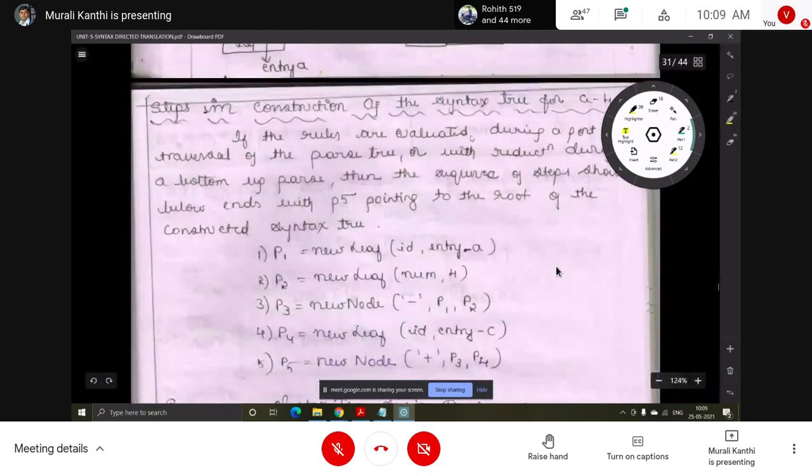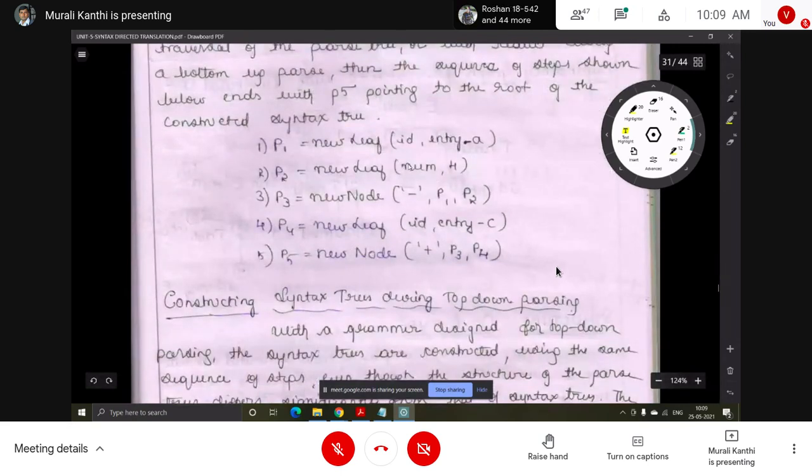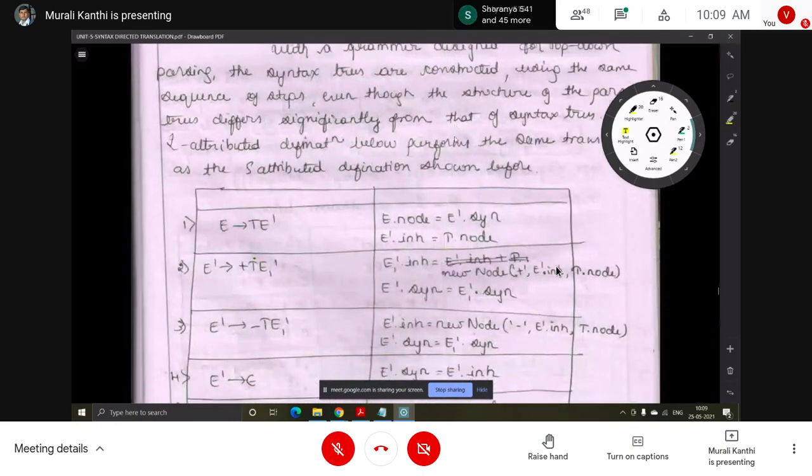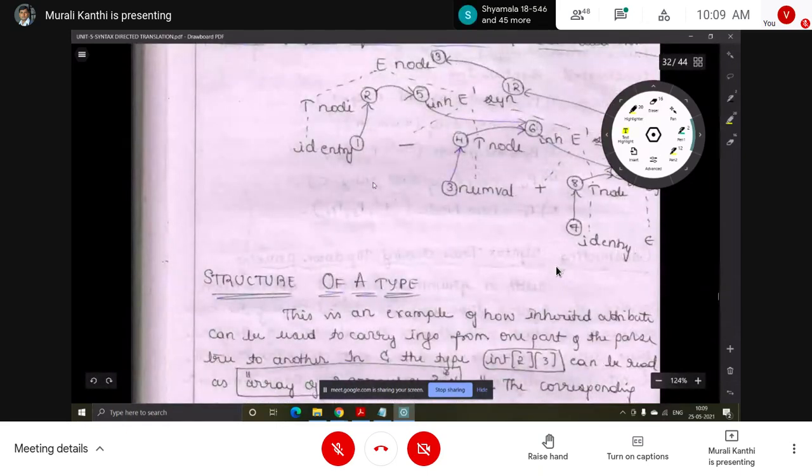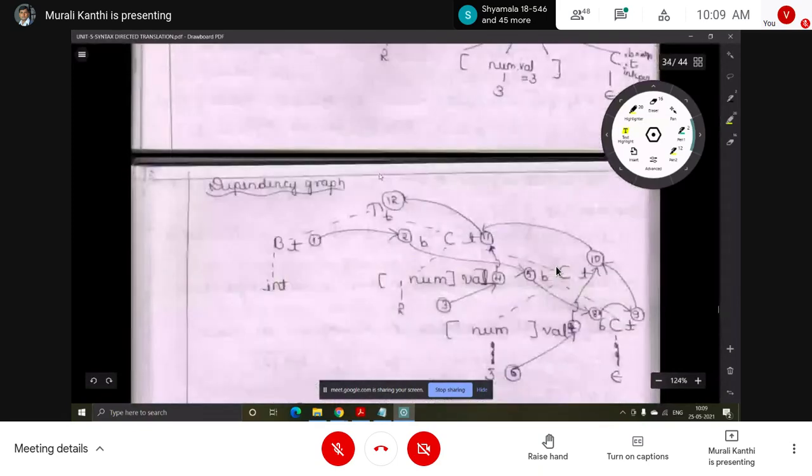Now you know what the leaf nodes are and what the relations between these nodes are, so with a linked list data structure you can implement it. You know the code in C, or whatever language you take, then the implementation part will be easier. So this is one of the applications, the main application for this: construction of syntax tree. This is one example. One more example. These are the different examples.